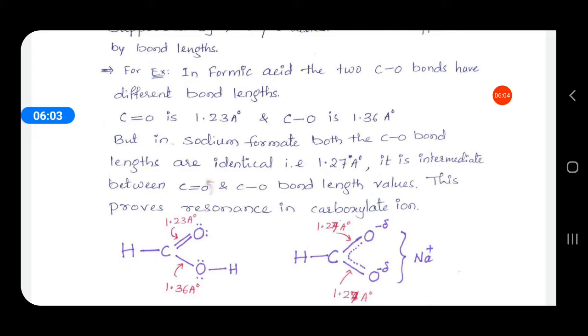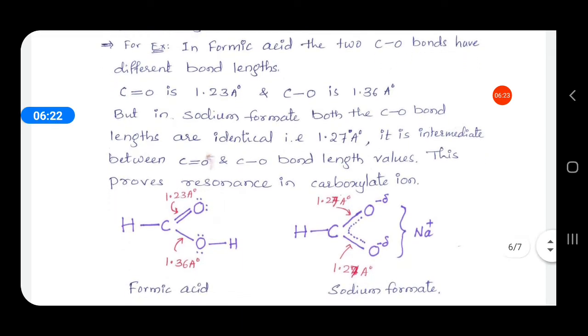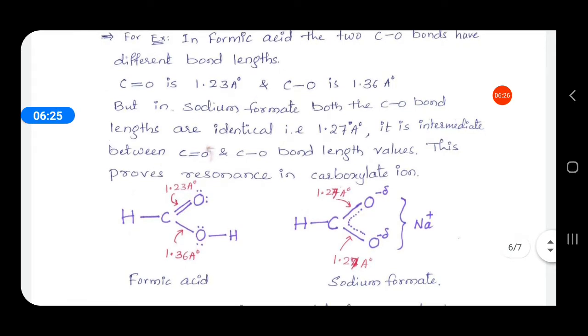The carbon oxygen double bond length is 1.23 angstrom. The carbon oxygen single bond length is 1.36 angstrom. But when, in a carboxylate ion, for example sodium formate, the bond length is measured,